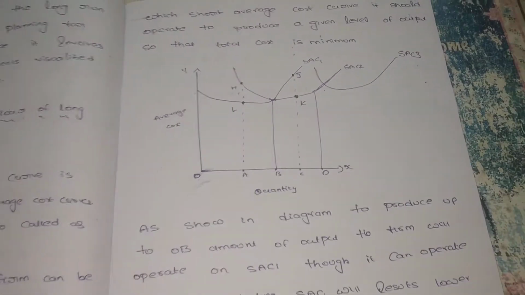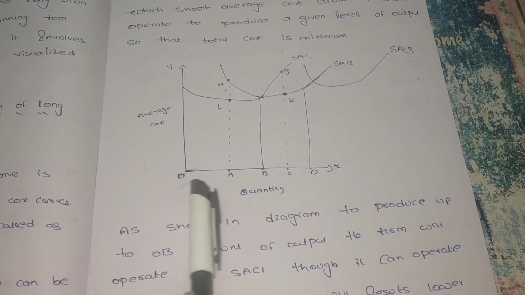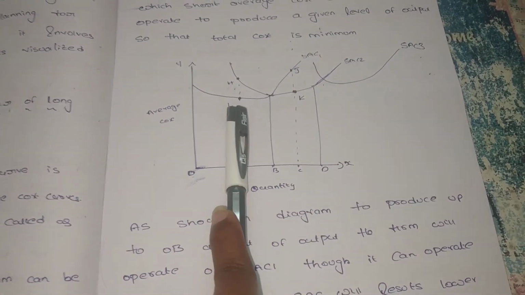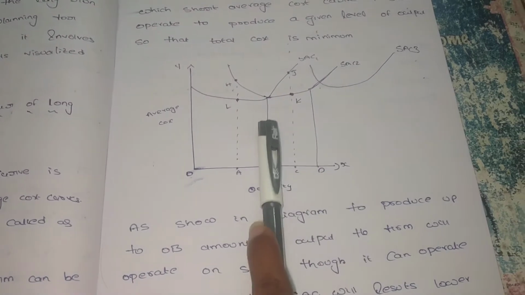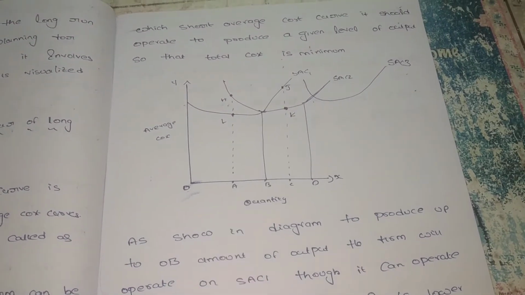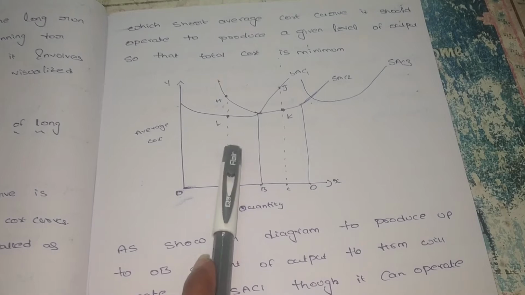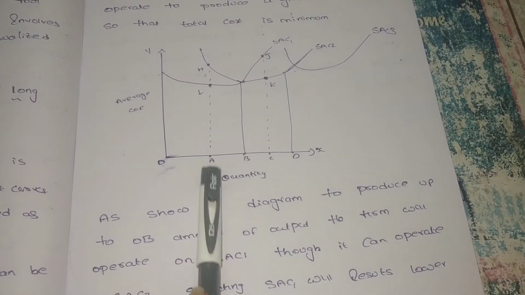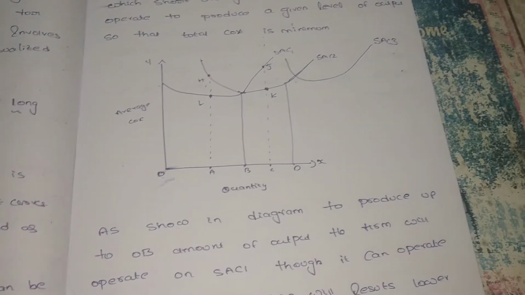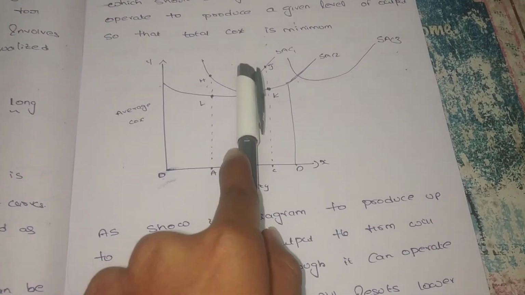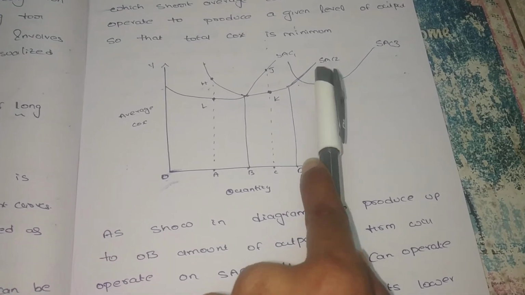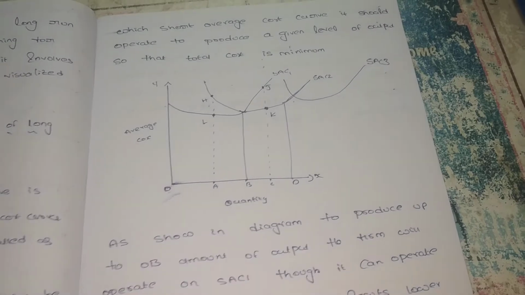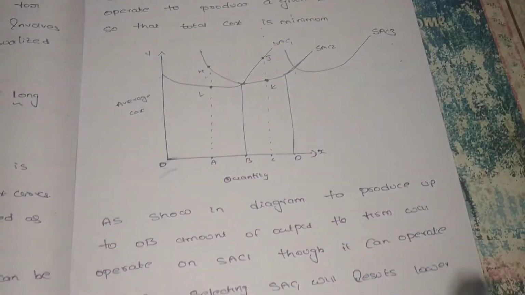In the first example, while producing the OB units, they are comparing two costs, short run average cost curve 1 and short run average cost curve 2. The curve giving minimum cost is the one they will go for. In example 2, the output is at the OA level, and they consider both short run average cost curve 1 and curve 2. Curve 2 gives a smaller amount, so they produce the goods based on that short run average cost curve.